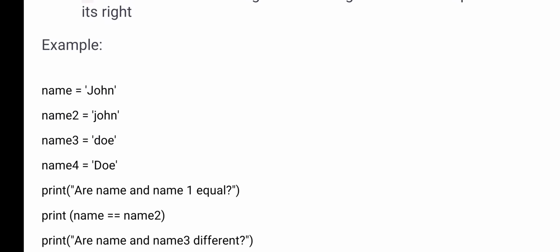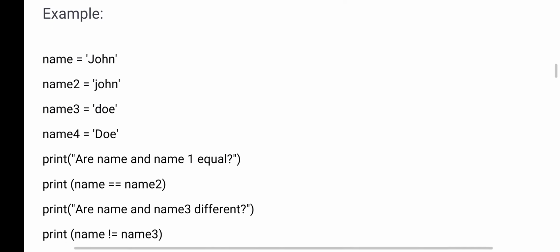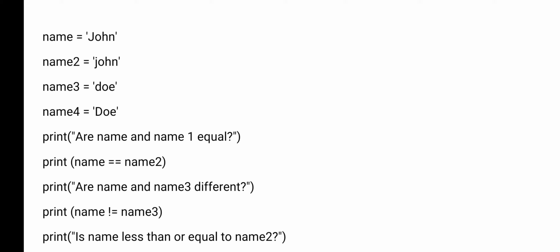Now, in the example you can see here, name is John, name 2 is john, two strings are there, and name 3 is a, so four strings I have given. Here I am checking whether one string is equal to another string. See, print name equals to name 2. Name is John, and name 2 equals to john only. But what result will you get?